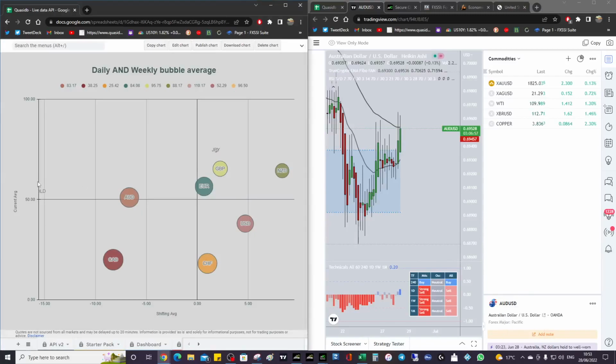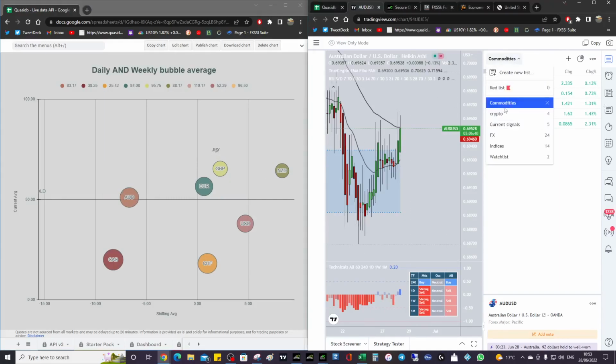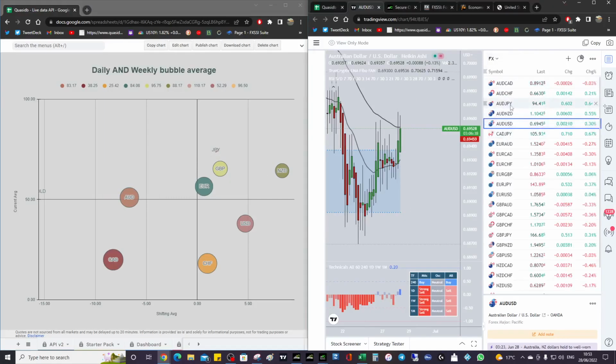Just wanted to give you guys a demonstration how to use the bubbles and how it reflects price change. So we see gold is strong buy, so we're positive, so that's a tick in the box. Let's look at, say, Aussie yen. Okay, we'll just go through quite a few. Aussie yen, positive. Okay, so Aussie is stronger than the yen, so that's 59 pips. It's quite good. CAD yen,